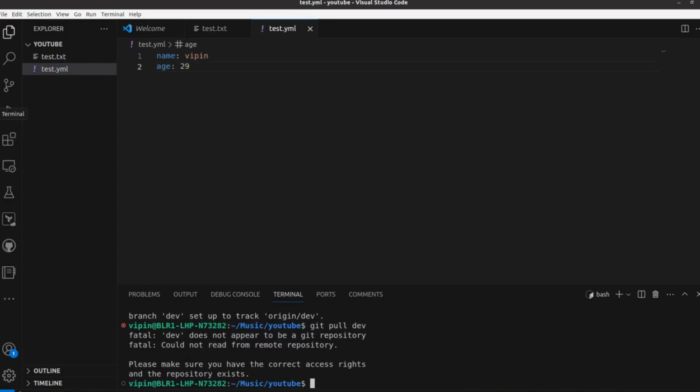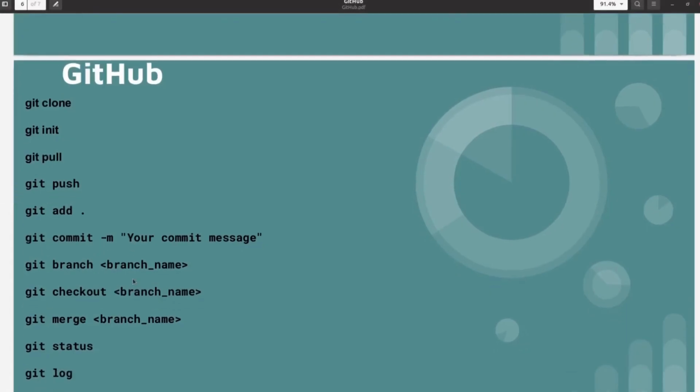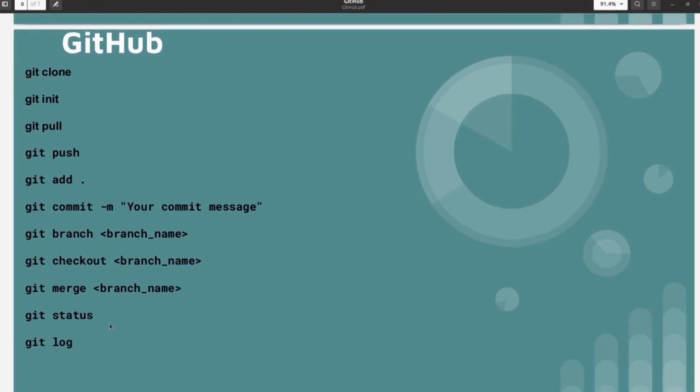We will cover whatever things are left. We have already seen git commit, git add, git branch, git checkout, and we are going to see git status, git log, and git pull in another video.